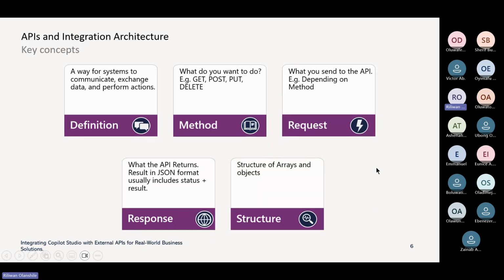So moving on to the API integration architecture, right? What is an API, right? Yes, typically online you'd see application programming interface, but on a simple level, it's basically how systems speak to one another, how systems connect with one another. That's basically what an API is, right? I'll be showing some of those APIs and all like that.